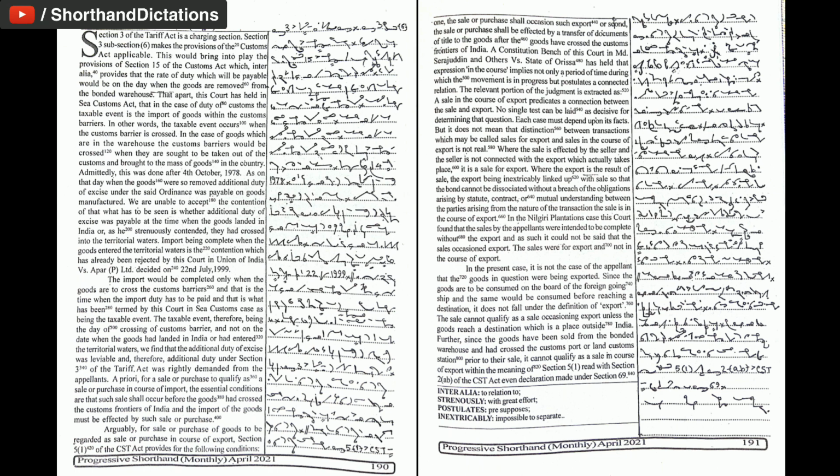The sale cannot qualify as a sale occasioning export unless the goods reach a destination which is a place outside India. Further, since the goods have been sold from the bonded warehouse and had crossed the customs port or land customs station prior to their sale, it cannot qualify as a sale in course of export within the meaning of section 5(1) read with section 2AB of the CST Act. Even declaration made under section 69